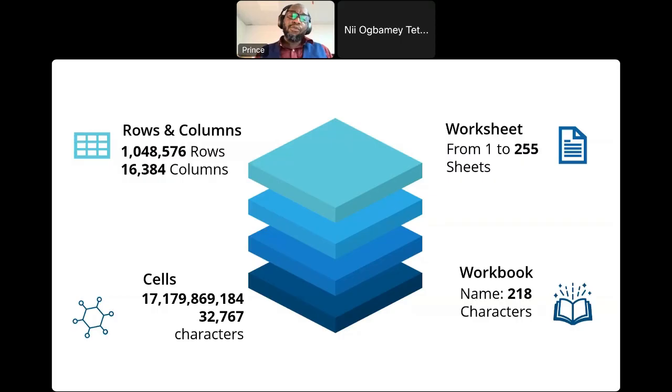What does an Excel workbook take? It can take the sheets, it can take the charts if you plot your graphs in there, it can take your macros, and it can take your VBA, Visual Basic for Applications, sort of a programming in Excel as well. So with this description, let's get to meet Excel.